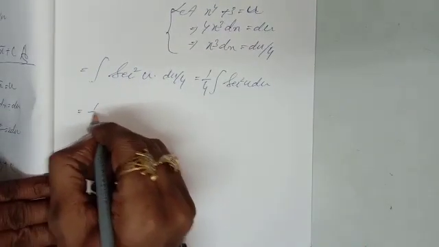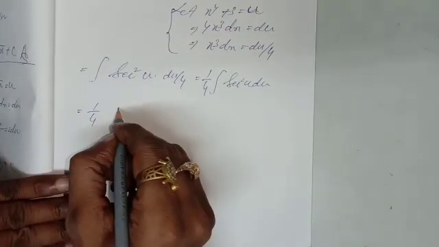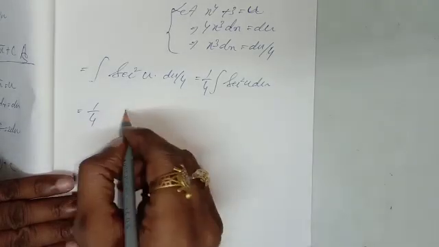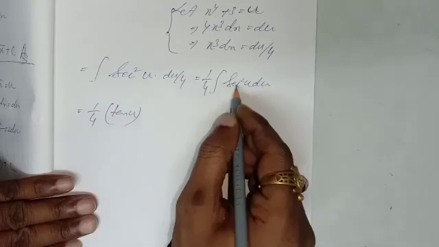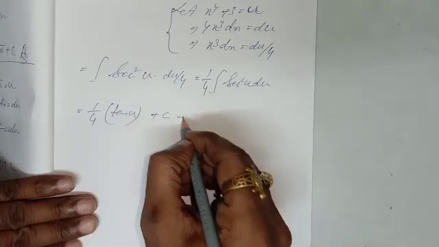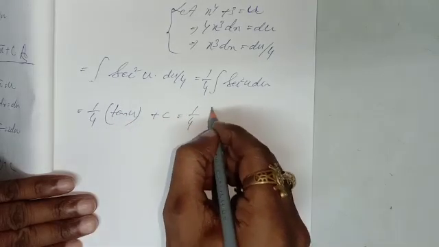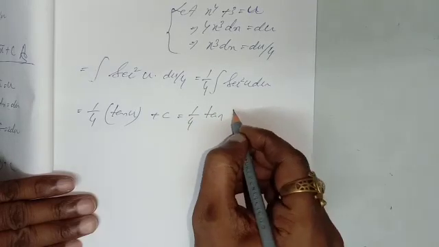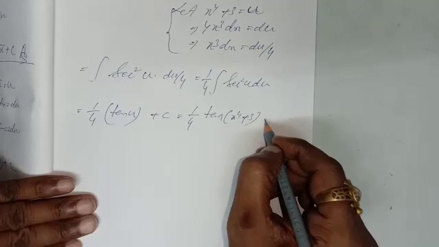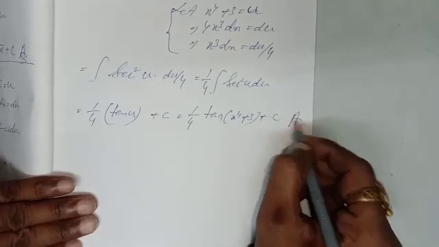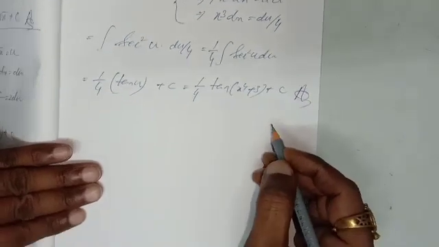What is the integration of sec square u? That is tan u, because the derivative of tan is sec square, so the integration is tan u plus c. Final answer is 1 by 4 tan of, what is u? That is x to the power 4 plus 3, and plus c is the integration constant. This is the answer. Let us go to number 4,